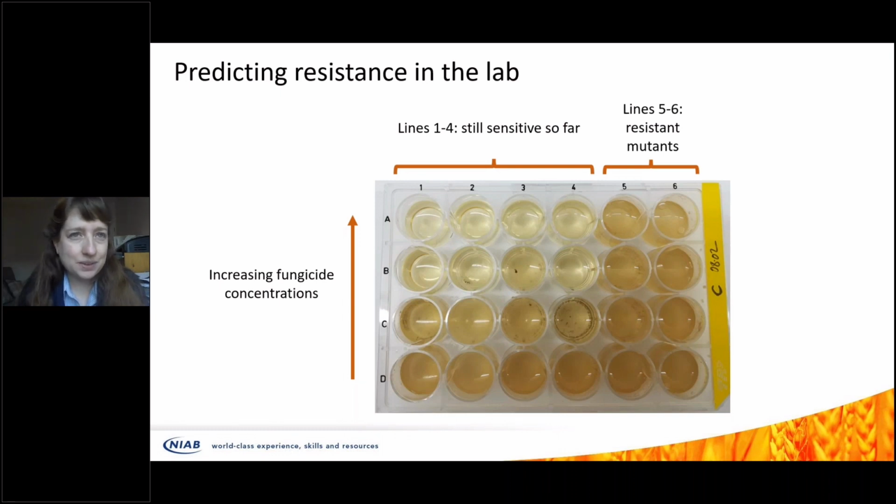So you might remember the benzimidazoles from previous years, and that's a deliberate choice to use fungicides where we already have the benefit of hindsight, so we can compare what's happening in the lab to what's already finished evolving in the field, to see if our predictions are accurate. And if we're able to test these predictions and predict more accurately, this should improve our predictions for future fungicide classes, in terms of what the risk level is and what particular mutations we need to be looking out for.